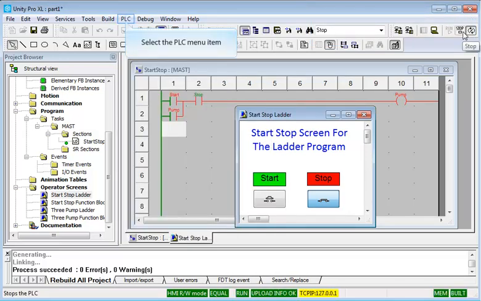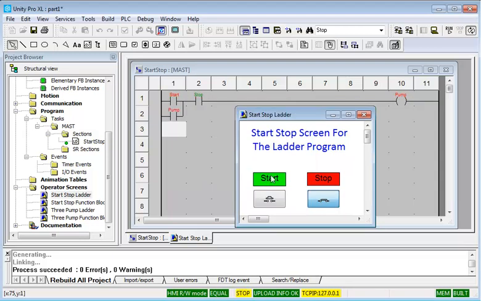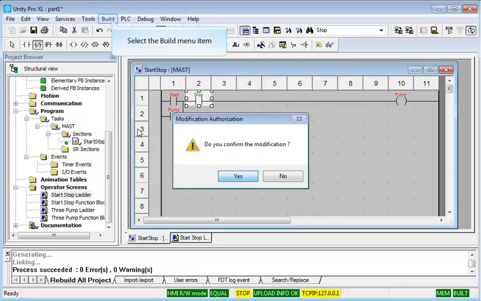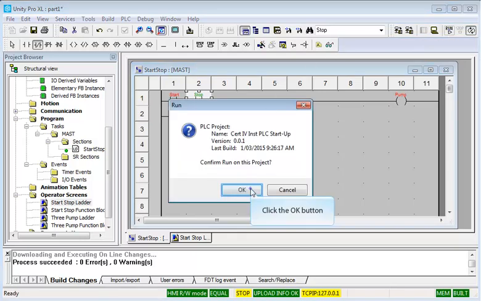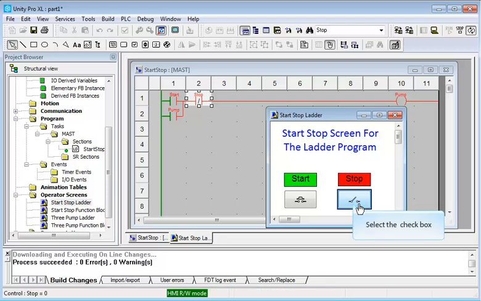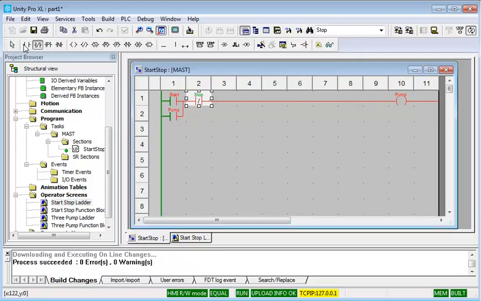You will find that some of the buttons across the top duplicate what's in the menus. So I can use the stop button over here. If I make a change here, let's say if I was to actually put a normally closed in, I can do so, and then I can build changes and go back into run mode. And of course this would be the wrong thing to do because we don't change our program to suit testing the hardware. We change the hardware to test the program. So I'm going to change that back to a normally open contact,